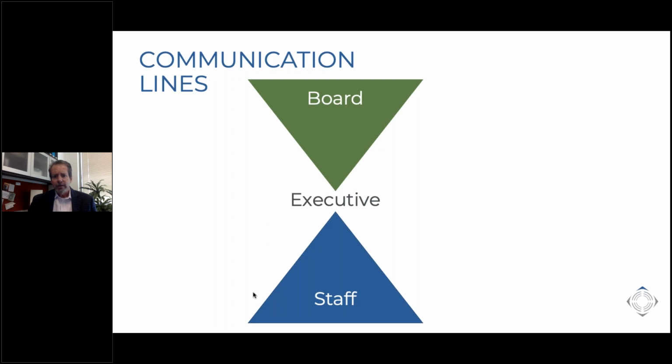of any organization. So what you're looking at here in this diagram is the board and the staff clearly separated by whomever your executive is. Okay, again, it's a CEO. That one person, in other words, sits between those two groups of people. The CEO is the only employee of the board. Okay? Everyone else works for the CEO. The board has one employee, and it is the CEO. The staff only has one boss, and it is the CEO. Everybody reports up, even though there may be multiple layers of management in your organization, ultimately everyone comes through that executive.